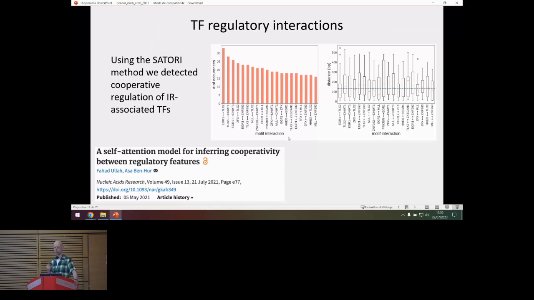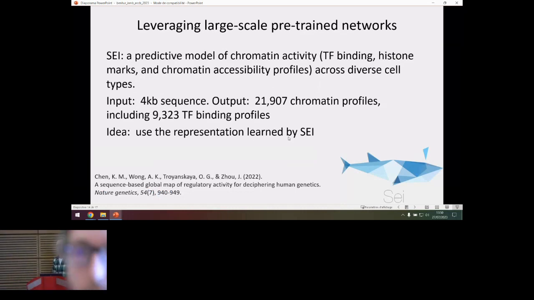And finally, I'm going to describe some more recent results that are not in the paper. Well, kind of how would you do this using 2023 technology of deep learning? Nowadays we have all those fancy large-scale models of chromatin. Bassett didn't really help us get better results, so we looked at this model from the Zhu and Troyanskaya lab,